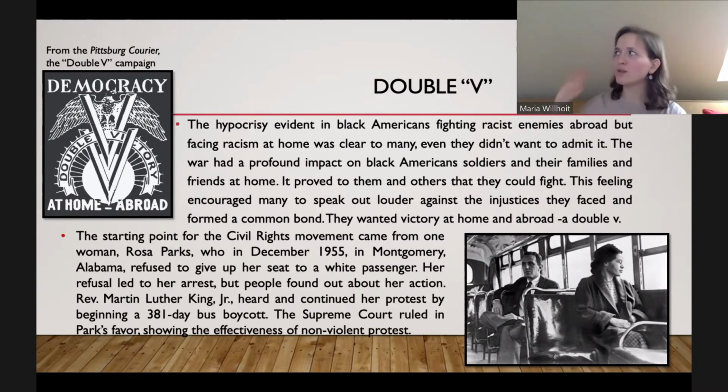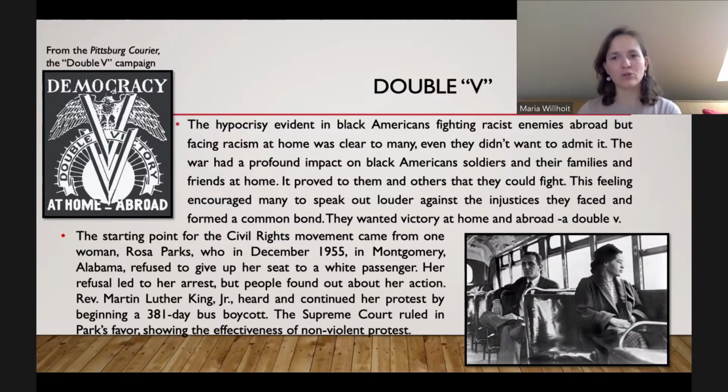A lot of Americans wanted to look the other way, but Black Americans were like, no, we've had enough of this. So they're starting to have this movement. They call it the double V campaign, the idea that they have victory abroad, but they're going to have victory at home too. You know, the sacrifices that their brothers, their mothers, their fathers made abroad, they're going to have to continue this fight at home. So there is this feeling, this growing movement to speak out louder against the injustices that they face. And World War II is important because, you know, it gives them a lot of confidence.